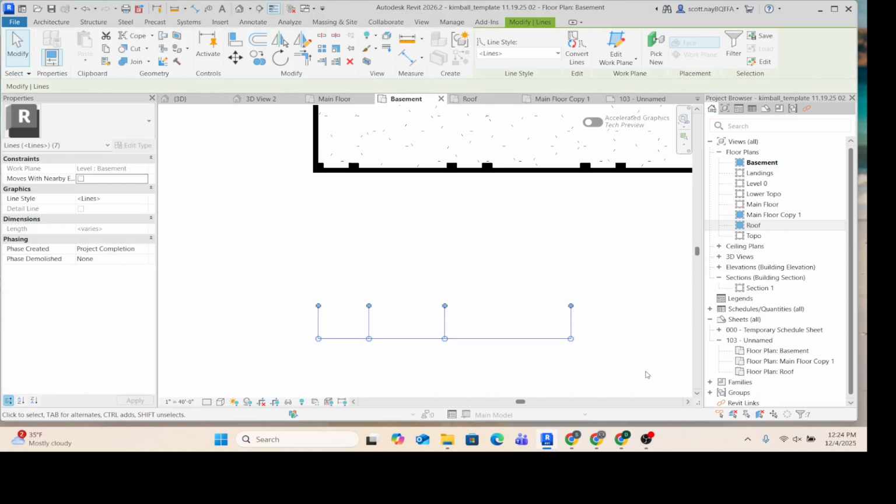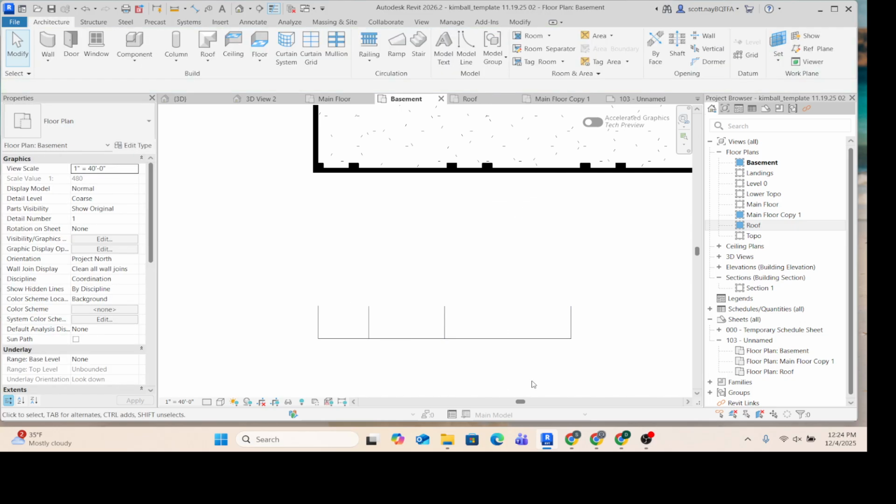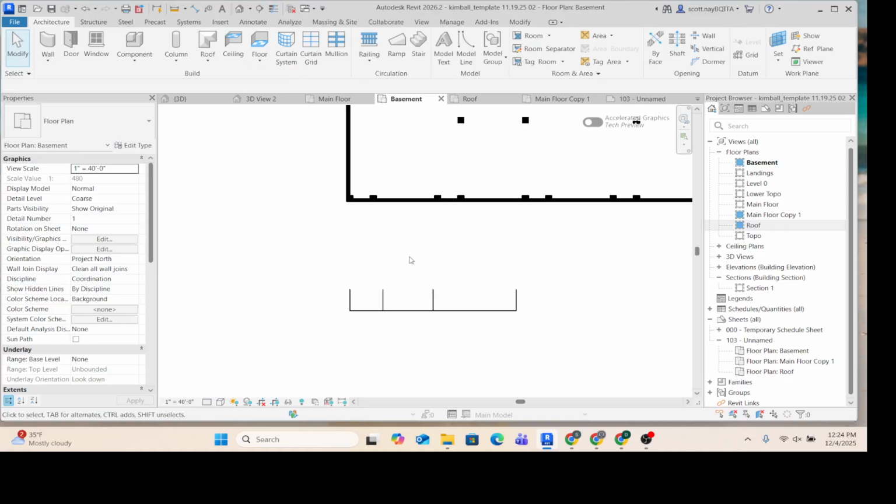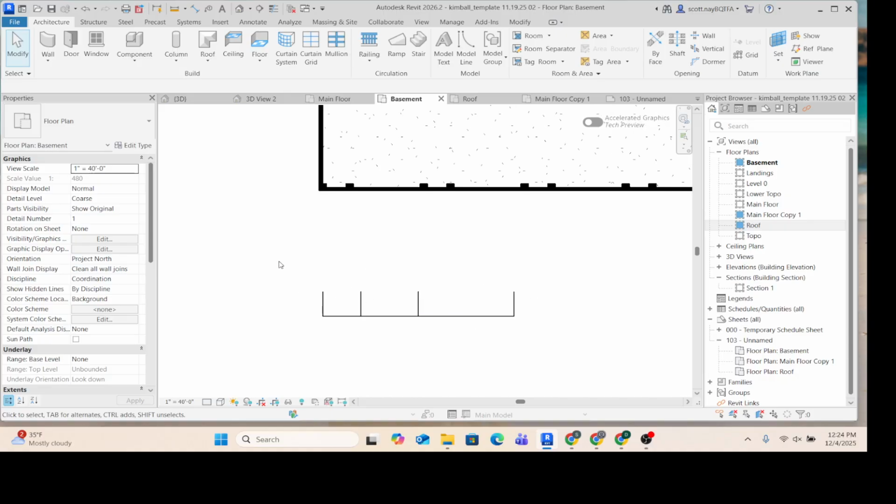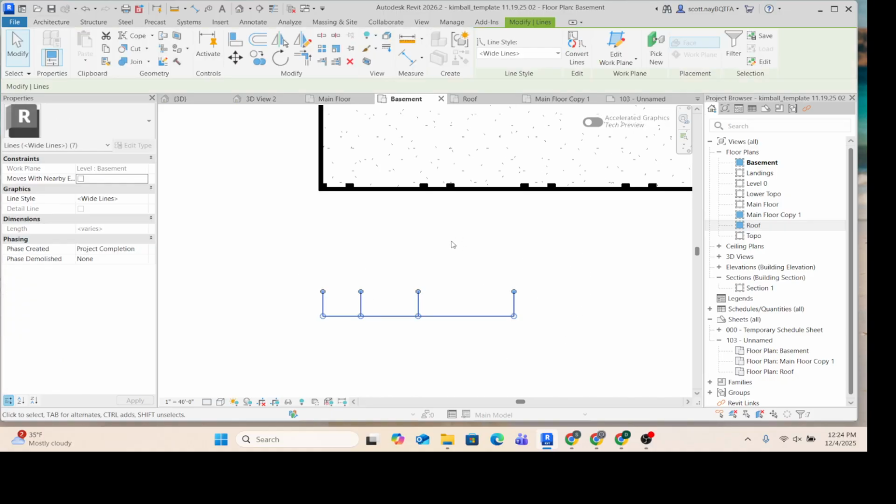Once you've got them in there, if you highlight them all, I know we've shown overriding graphics in view. But you can also come up here where it says line style, and if I say wide lines, now these green model lines turn back to something that we want on our presentation. I'm going to turn off thin lines and they'll thicken up a little bit. If for some reason you wanted them even thicker, come in,